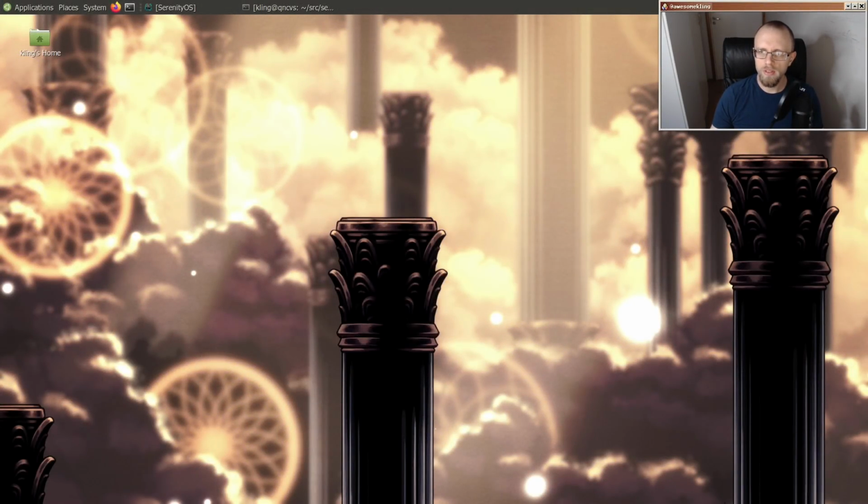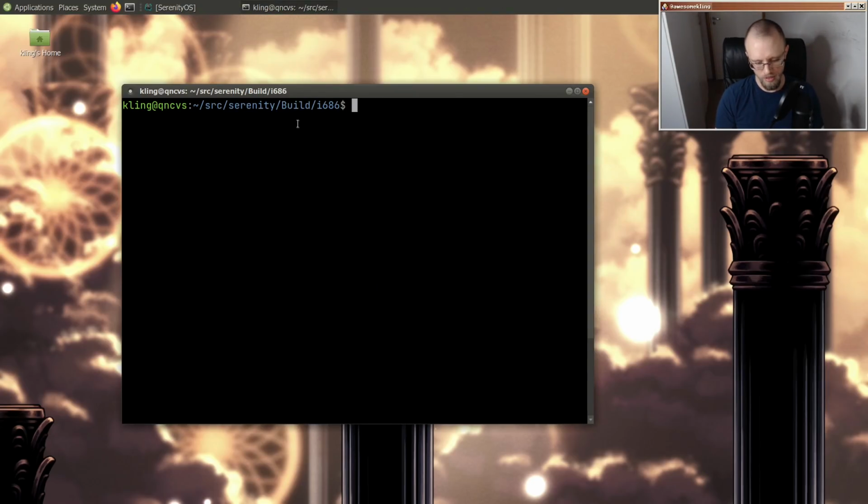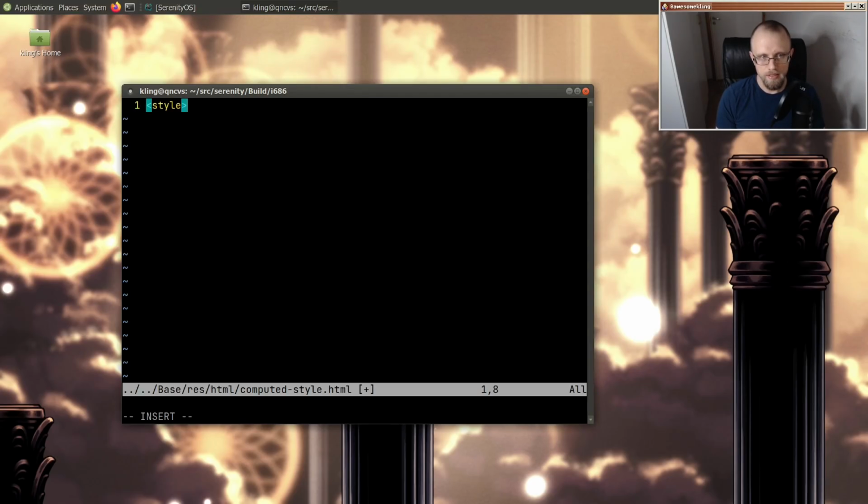Today we're going to work on CSS stuff in Serenity, and it's going to be about computed style. Let's start by making a simple test case so I can illustrate what this will be about. We will make a simple selector, set somebody's color to magenta, and then the last thing we're going to do is get the computed style for this